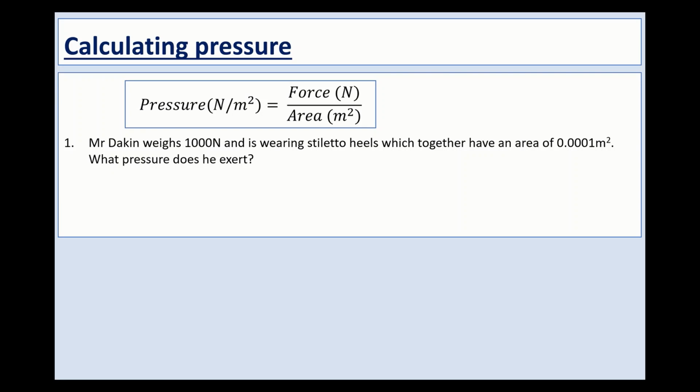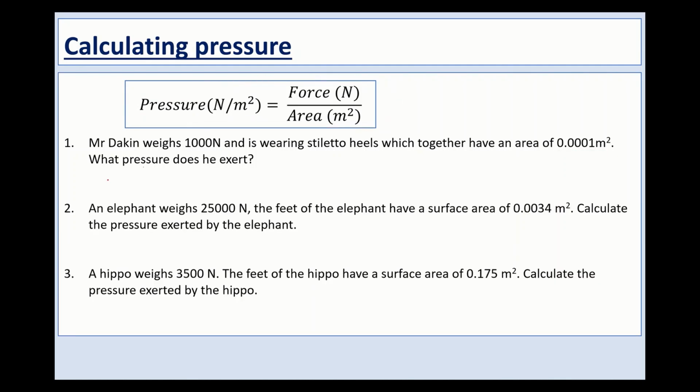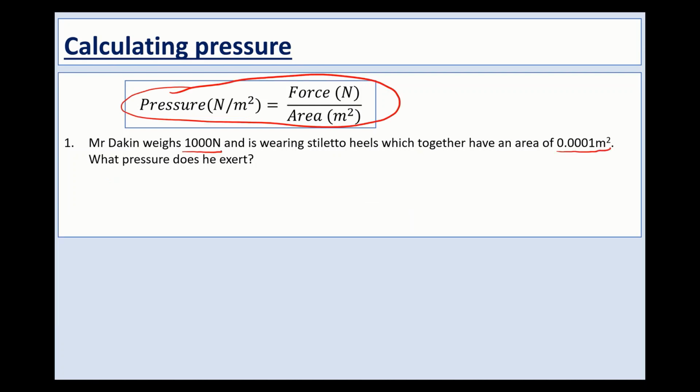Okay, so we're going to do this question together. So Mr. Dakin weighs 1,000 newtons and is wearing stiletto heels, which together have an area of 0.0001 meters squared. What pressure does he exert? So we've got the equation here, so all we need to do is put the numbers in. I'm going to write out the equation again because it's going to be useful for you as well to get into the habit of writing the equation down so that you remember it. Okay, so